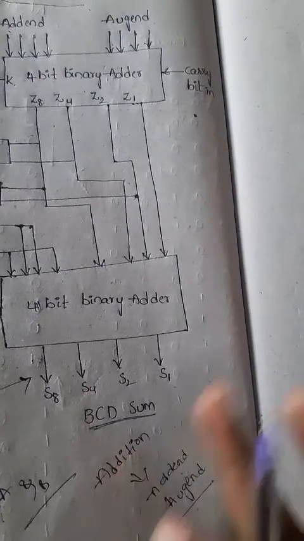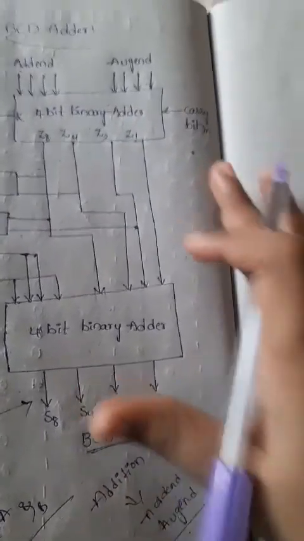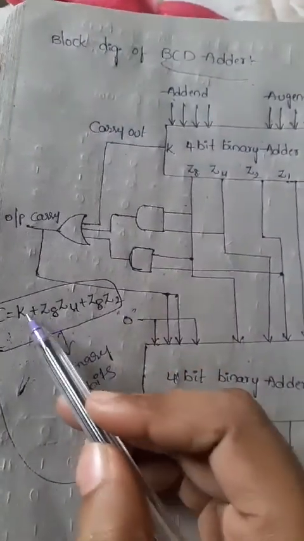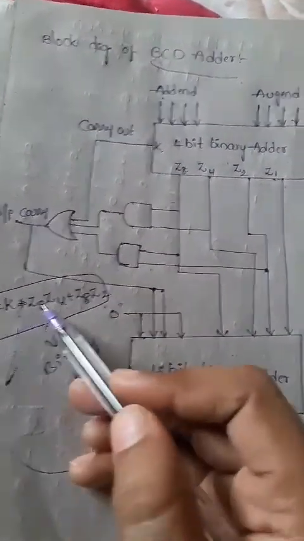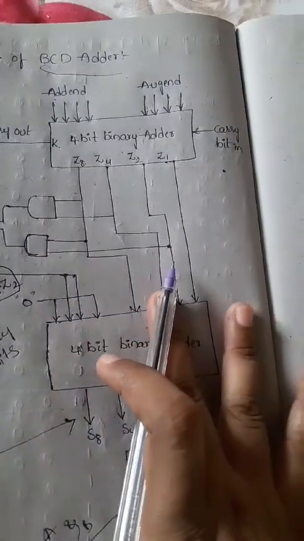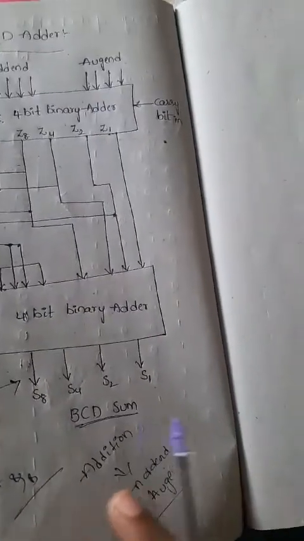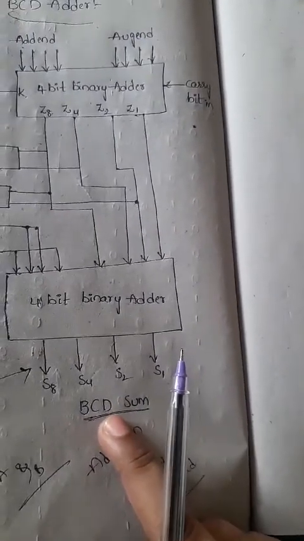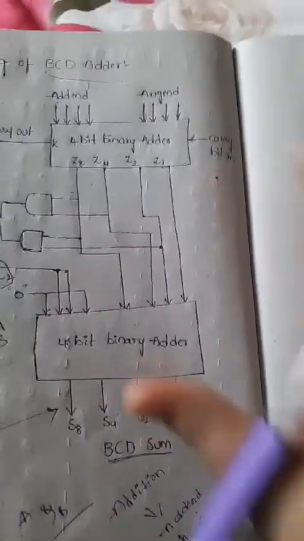Okay, so now we'll see that in between, we are doing the addition procedure. Because here we have the formula, where the plus is nothing but the addition procedure we are doing. So finally, what is the result we need to get from here? We need the output to be represented in binary coded decimal format. Okay, so now we'll see the procedure.